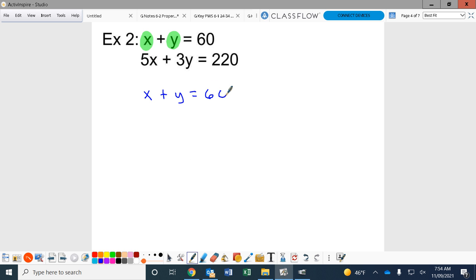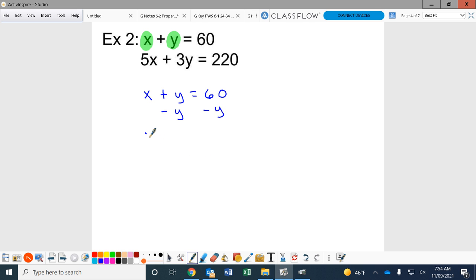I'm going to solve for one of those two variables. It does not make any difference which one you solve for at all. I'm going to solve for x just to show you, I think the last time we used y, so I'm going to solve for x this time. So I'm going to minus y,